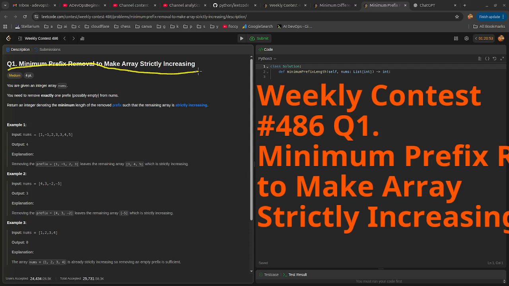486. Question number 1. Minimum prefix removal to make array strictly increasing. We are asked to remove all the prefix that include decreasing segments. So a typical array will be a combination of a few substrings, some up, down, and if we can go through this array to find out this